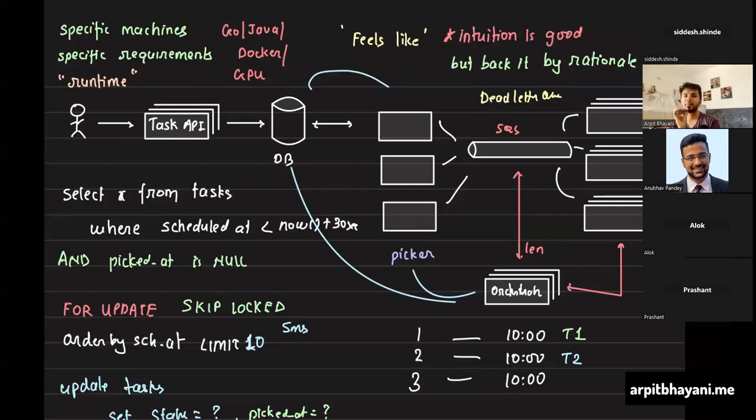Got it. Okay. But in case you need scheduling, that's where you need this picker. But in case you still want to merge picker and executor, if your tasks are not having very high variance in execution time, it's fine. Yeah, that's what I was thinking. The parameters are basically the amount of tasks and the variance. The moment you can compromise on them, then maybe this thing goes away. But the moment you have too many tasks, as you said, the connections is one problem and the SLA is the second problem.